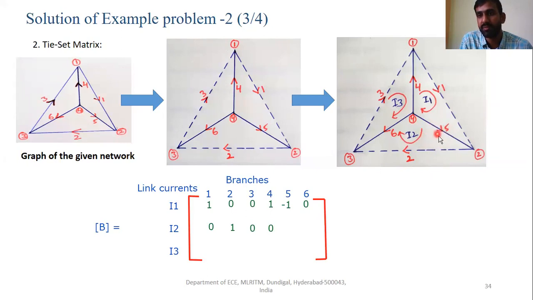You can see the current of the link coming this way, so these two directions are identical. So the element with respect to branch number 5 is going to be equal to +1.